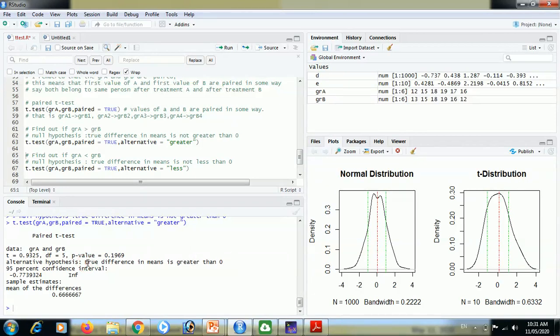And we have to reject this because our p-value is greater than 0.05. We have to accept the null hypothesis and we have to reject the alternative hypothesis. Therefore, our null hypothesis is true: difference in means is not greater than 0.